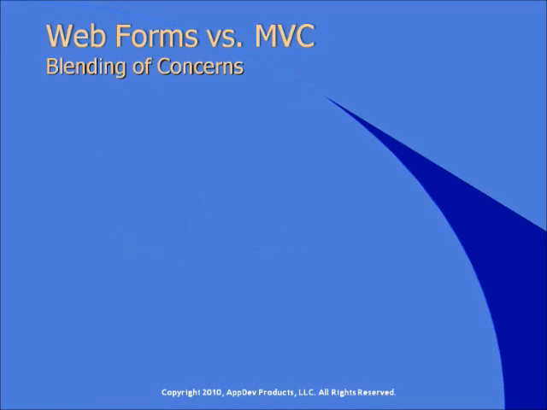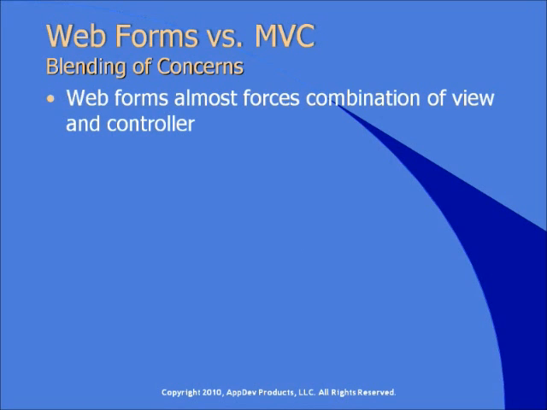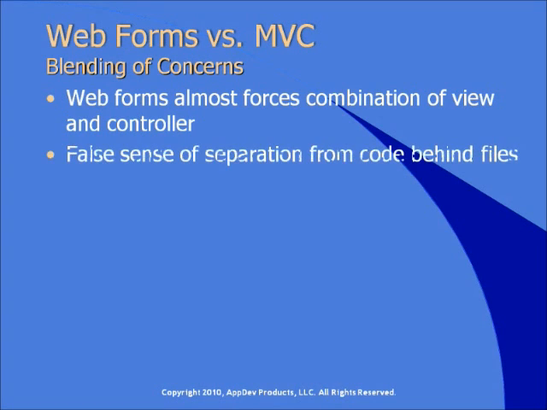Another area to explore is blending of concerns. ASP.NET Web Forms almost forces you to combine the view and controller into a single object, which is often referred to as the page controller. And that's a term that goes back to some of the earliest days of ASP.NET. This violates the separation of concerns principle, which leads to tightly coupled modules that are hard to write and nearly impossible to test. Part of the problem is that ASP.NET's code behind file gives developers a false sense of separation